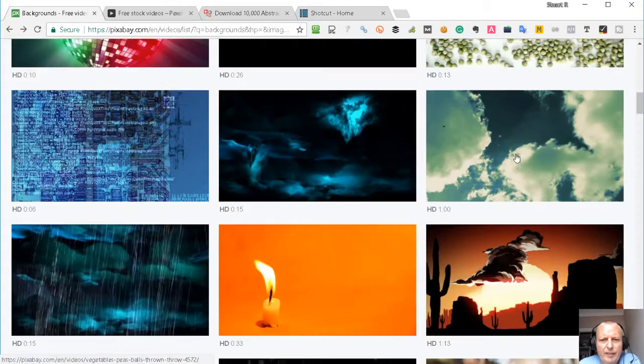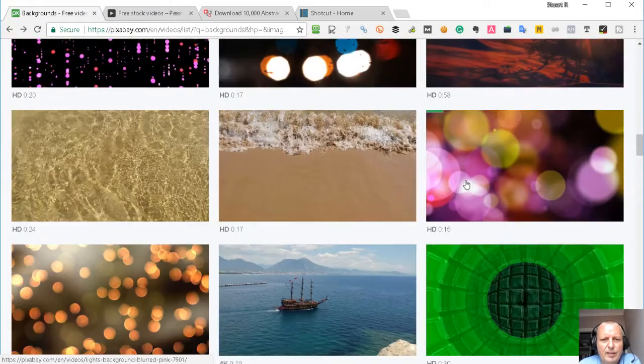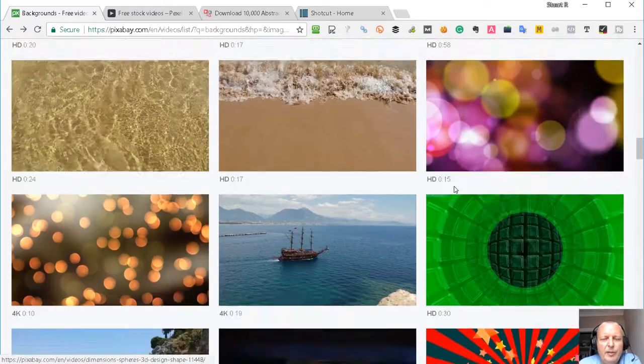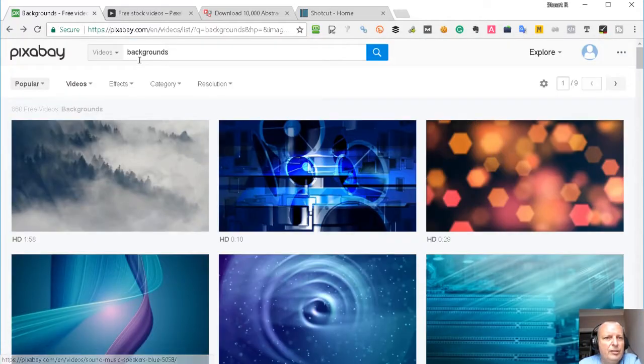We can have a look through here, lots of different styles, and you can do a bit of a further search. You could, for example, look for technology backgrounds or floral backgrounds or something like that. But in this case I've just looked at backgrounds and I clicked on this one and downloaded it to use as an example. If we click on it